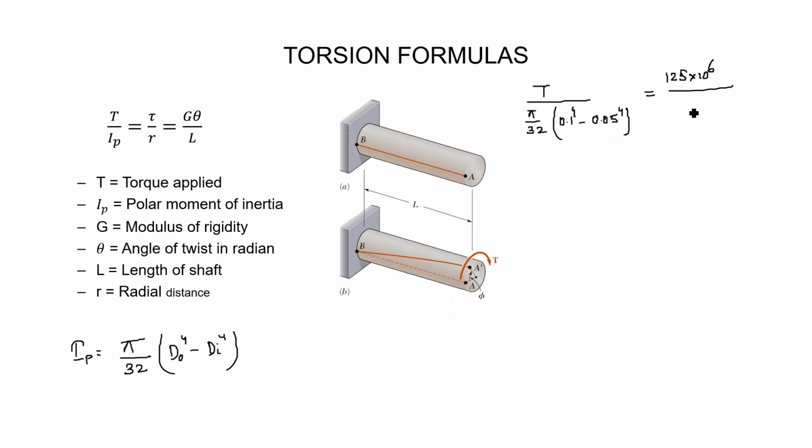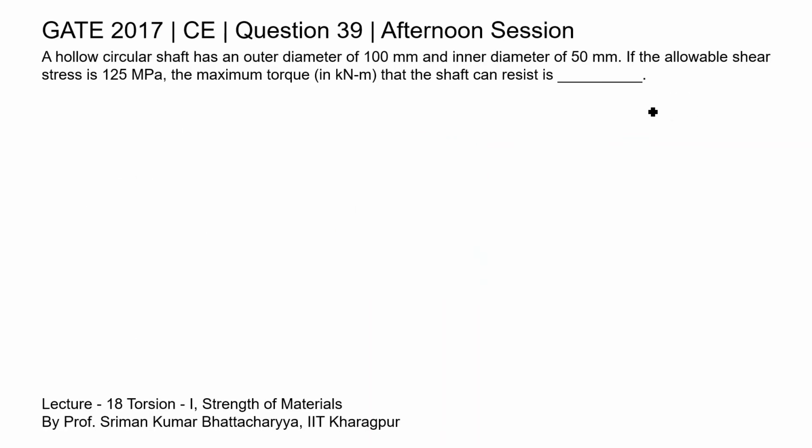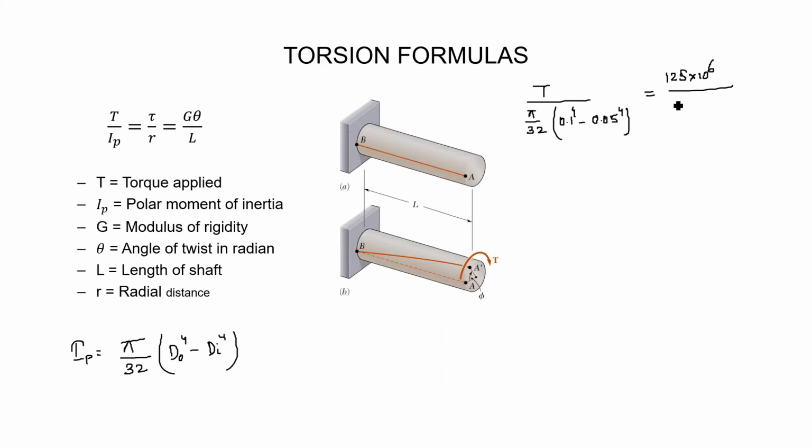Now this is radial distance. So we need the radial distance R. So R, the outer diameter is 100 mm, so R will be 100 by 2, that is 50 mm, so 50 mm into 10 to the power minus 3, so it will be in meter. So now when we solve this equation, we will get torque T as